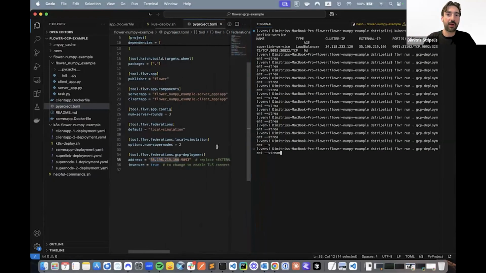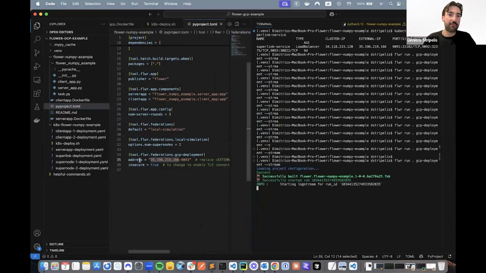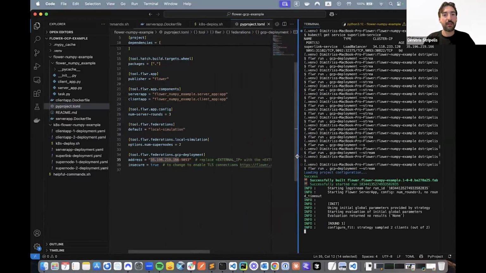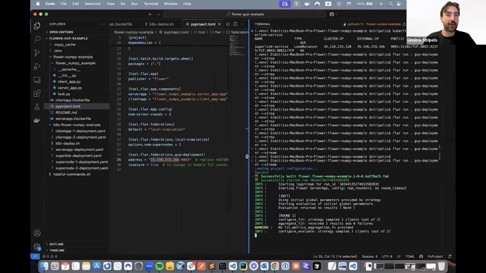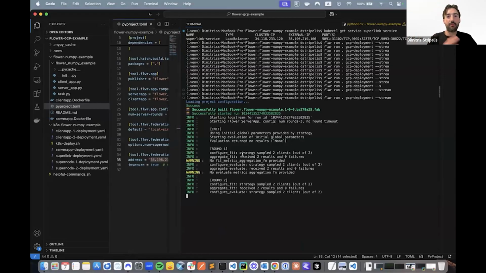As you can see on the left-hand side, we have created this one. And as you can see on the left-hand side, basically this address, we're running in the insecure mode because we can still run everything on TLS side, but right now for simplicity, we run on the insecure side using non-encrypted communication. So what I saw on the right-hand side on the terminal, you'll see that we have submitted the job on the Google Cloud, and then we have 2 clients, of course, and then we're gonna run for 3 rounds, and the entire execution flow